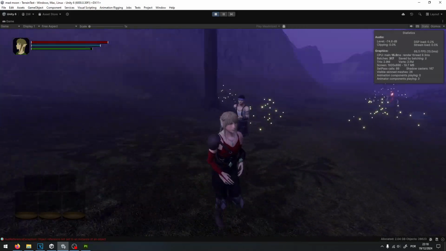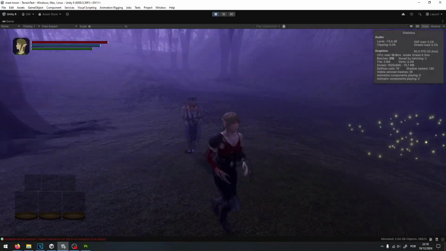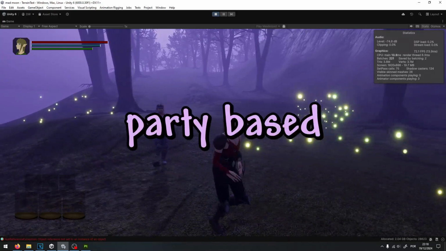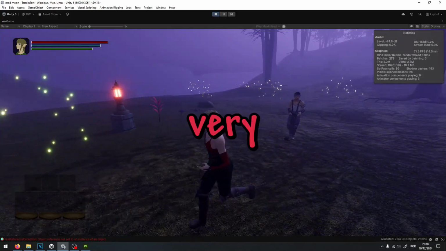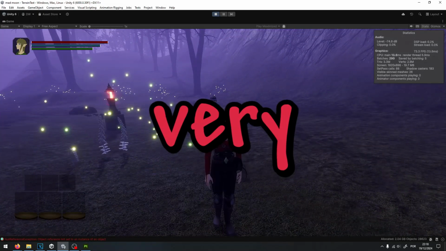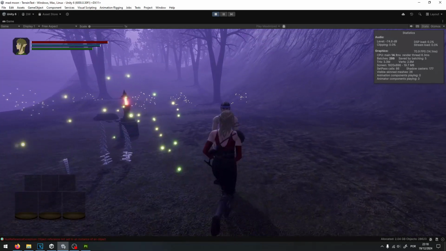I've been playing way too much Final Fantasy, and I decided to turn this game into a party-based Souls-like RPG whatever thing. This is going to be very, very difficult to accomplish, but I'm up for the challenge,